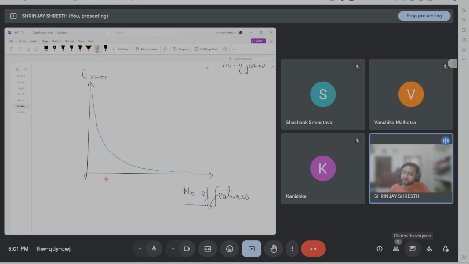ठीक है? होता है कि जब हम फीचर्स बढ़ाते हैं तो हमारा... let me label it, this is your training data. ट्रेनिंग डेटा में क्या होता है, जब हम फीचर बढ़ाते हैं तो हमारा एरर ड्रॉप करने लगता है, ठीक है? But when we talk about this test data, it follows a curve which is similar to like this. ऐसा आता है, एक जगह मिनिमम होता है, फिर ये बढ़ जाता है. This is your test data,